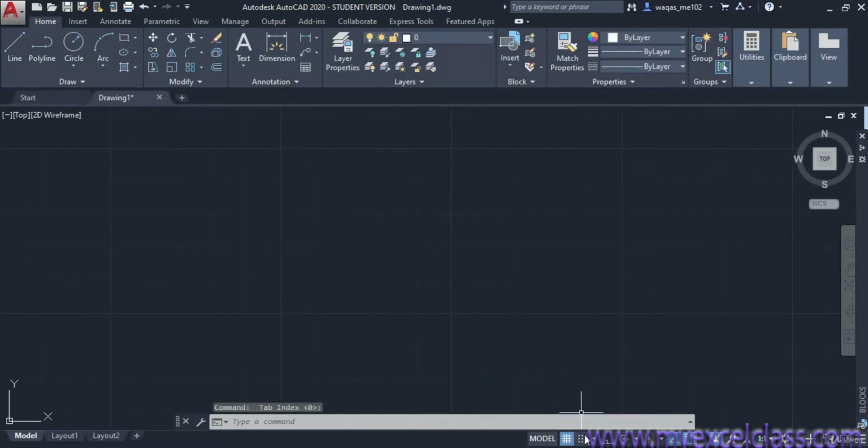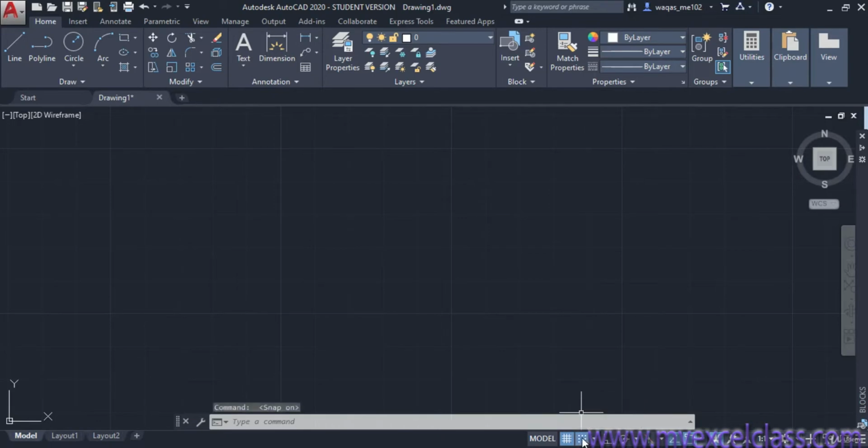Okay, so next is snap. What does snap mean? With this snap option you can understand what the grid command was actually telling.